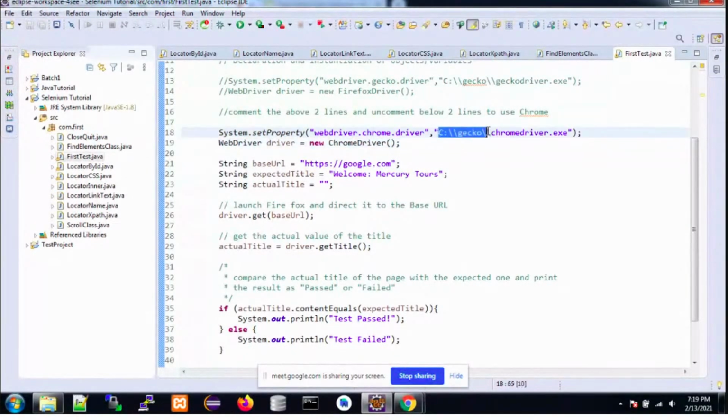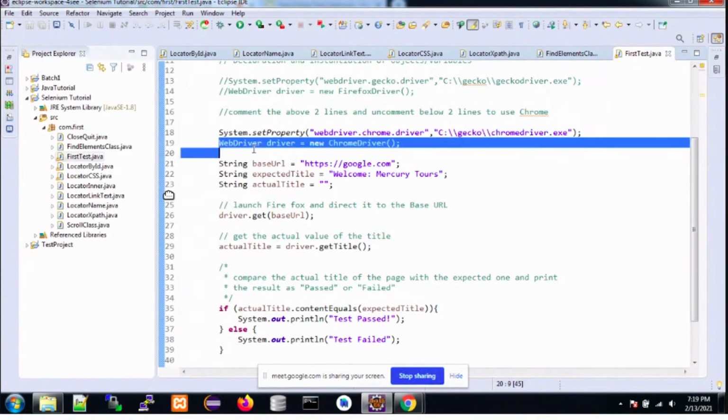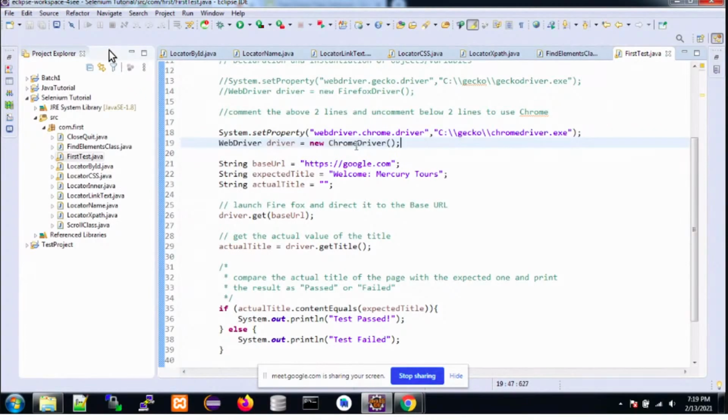This is the path of the Chrome driver. I have saved it in the C drive as chromedriver.exe. There is a site from which you can download the Chrome driver and Firefox driver. You need to first download the driver, then only your script will work and your browser will be invoked, else not.